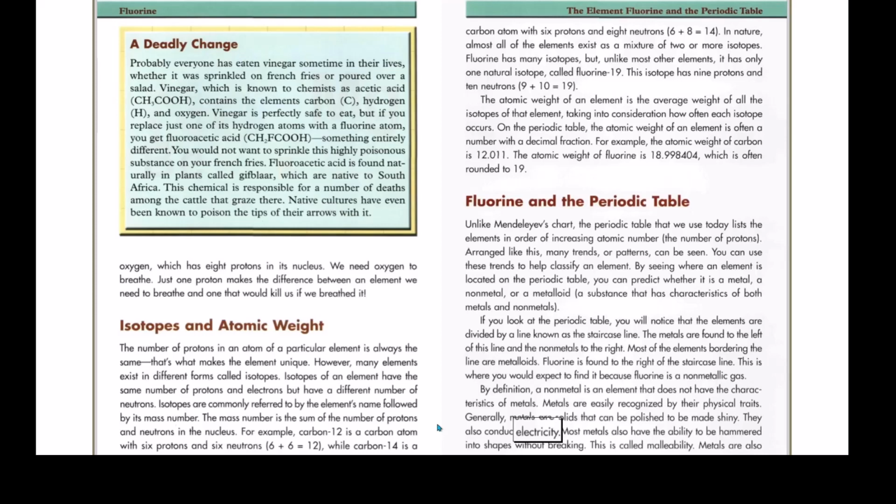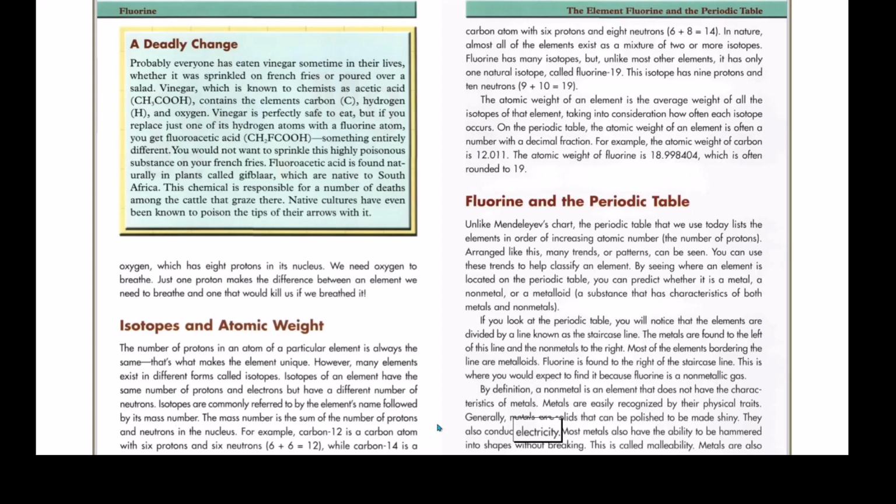Fluorine and the periodic table. Unlike Mendeleev's chart, the periodic table that we use today lists the elements in order of increasing atomic number, the number of protons, arranged like this. Many trends or patterns can be seen. You can use these trends to help classify an element by seeing where it is located on the periodic table. You can predict whether it is a metal, a non-metal, or a metalloid, a substance that has characteristics of